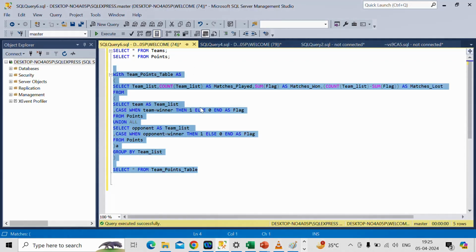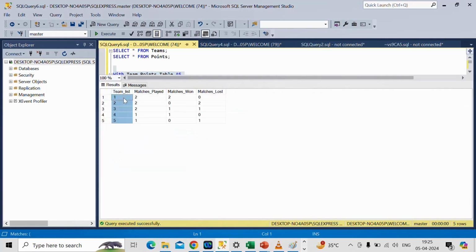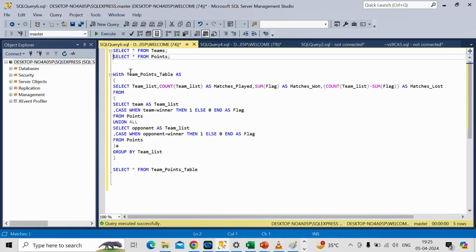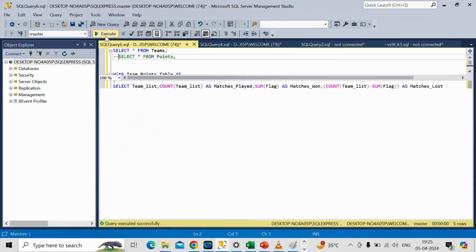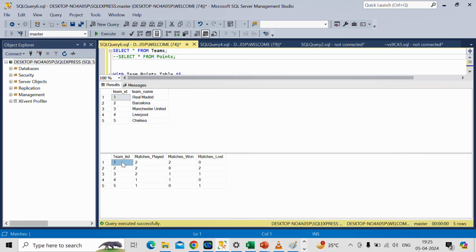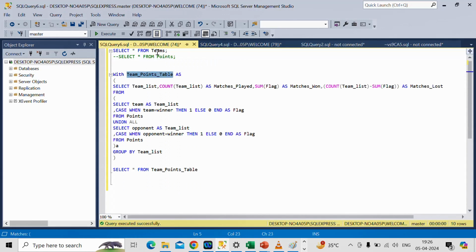Okay. Now in order to get team name instead of team ID in this column, basically these are team ID, right? So let me do one thing. First, let me comment this table. Now let me run everything. So this is team ID 1. And if we want the name of team ID 1, we can refer this table, where for team ID 1, team name is Real Madrid. Okay. So in order to get team name instead of team ID, we need to join our CT table with